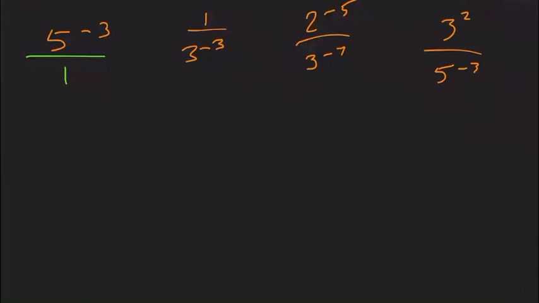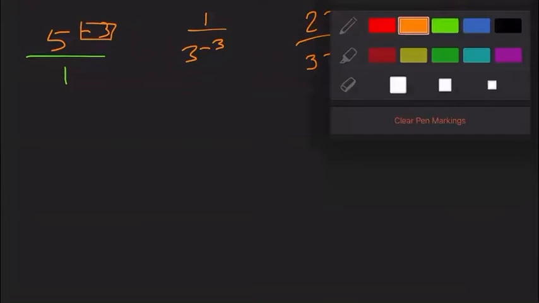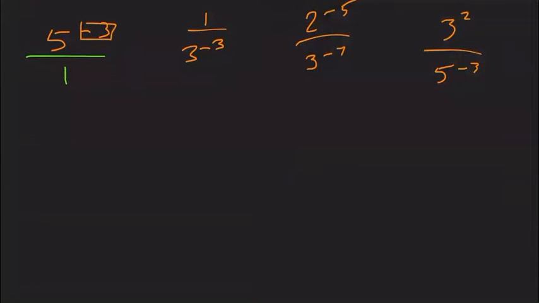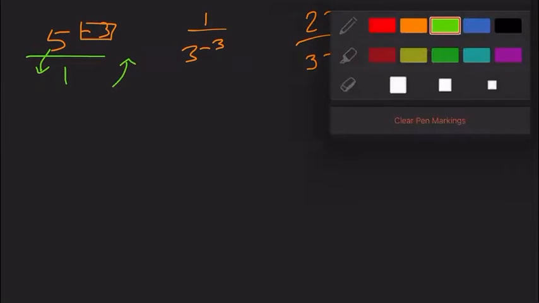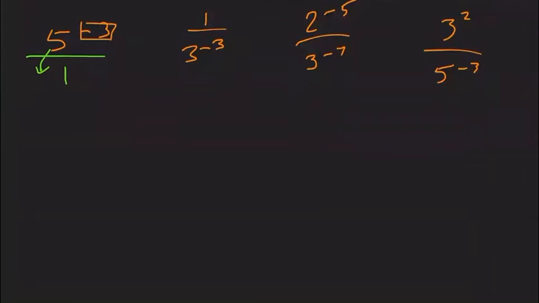So when we have an exponent and we want to change the sign of it, all we have to do is move that whole thing over the fraction line. When something moves over the fraction line, either from the top to the bottom or from the bottom to the top, it changes the sign of the exponent,